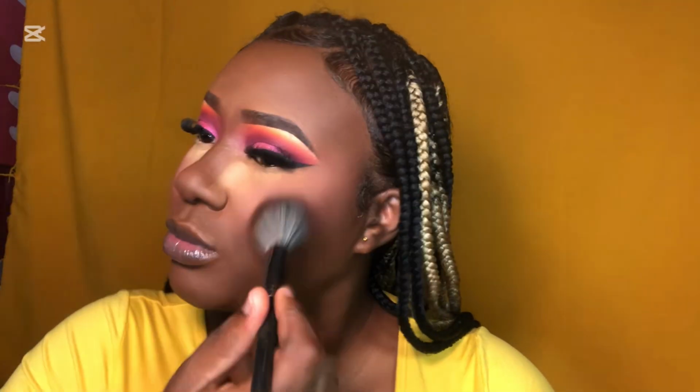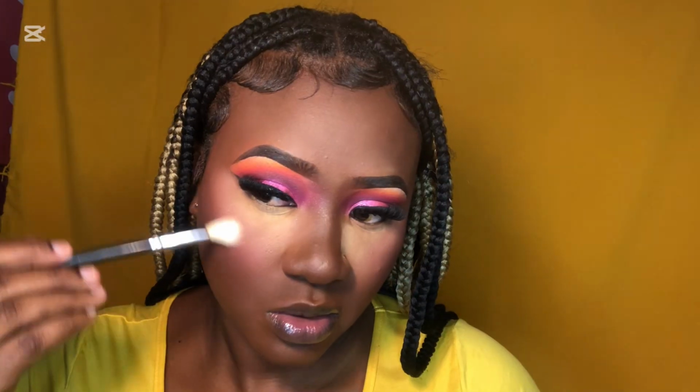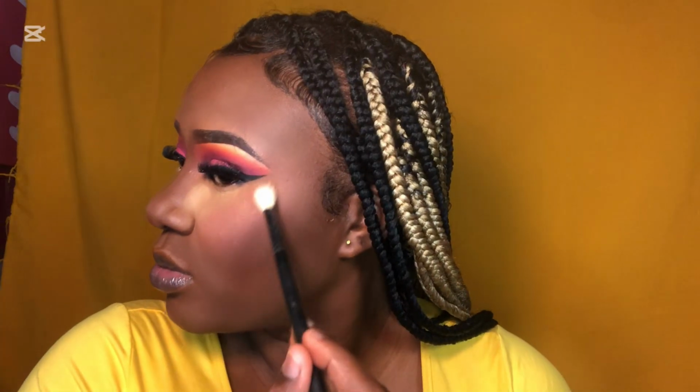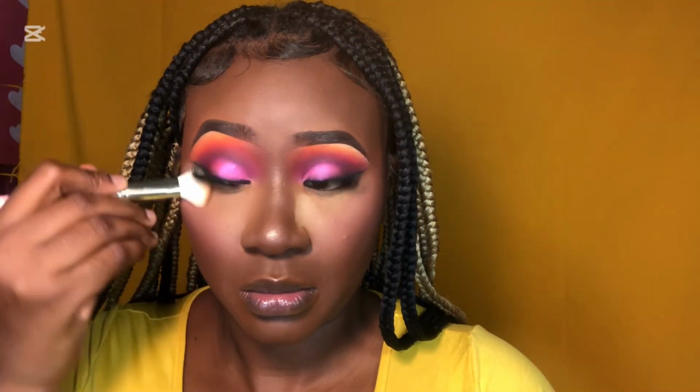And now moving on to my blush. This is the Colored Rain Highlight and Blush Duo in the shade Damage Control. I'm using the blush, and then I'm also going to be using the highlight Caution to highlight my nose as well as my cheeks. Here I'm just blending away all of that